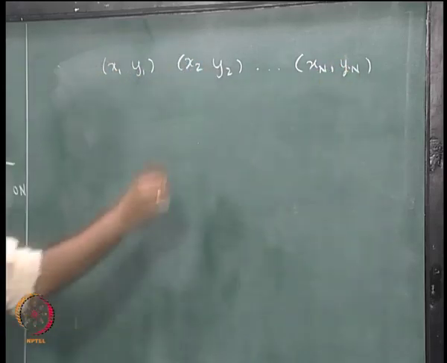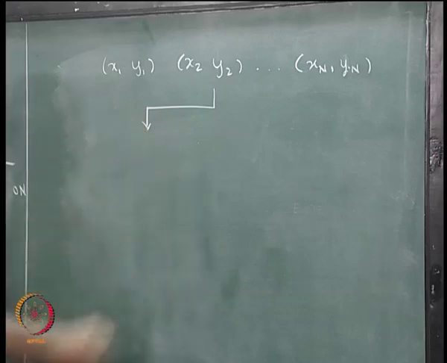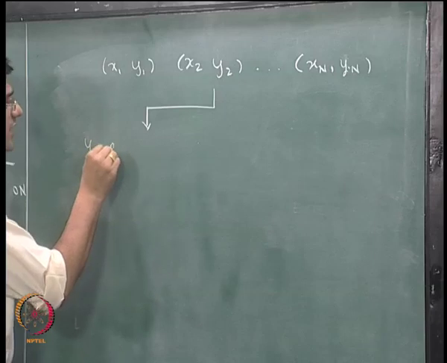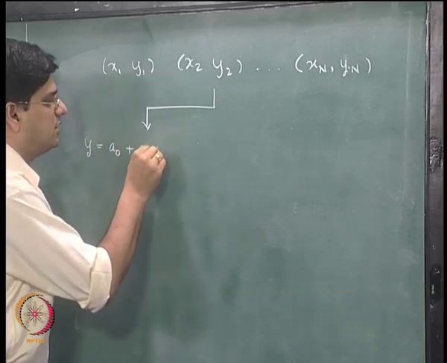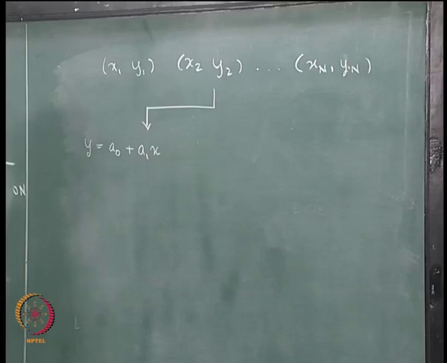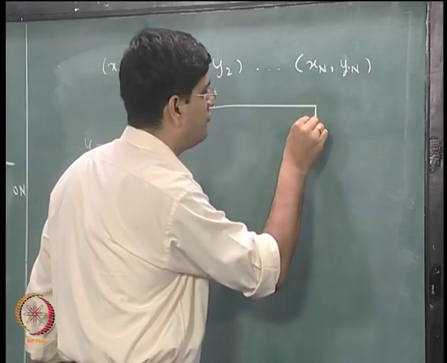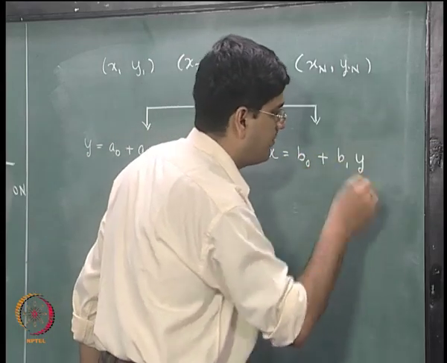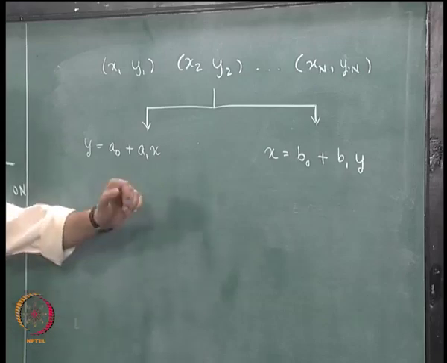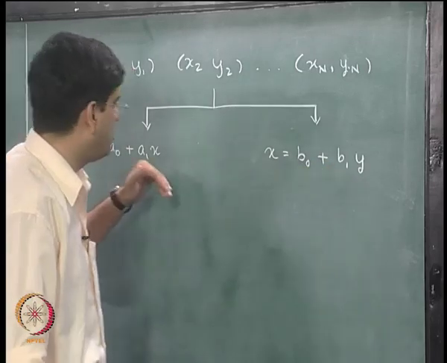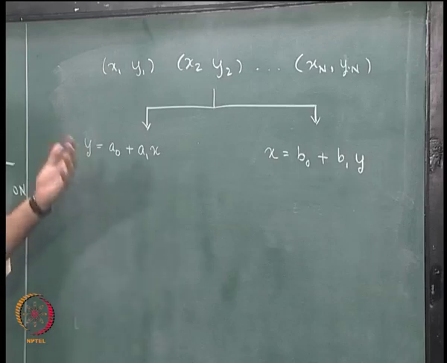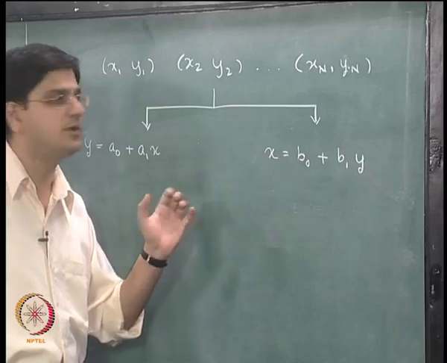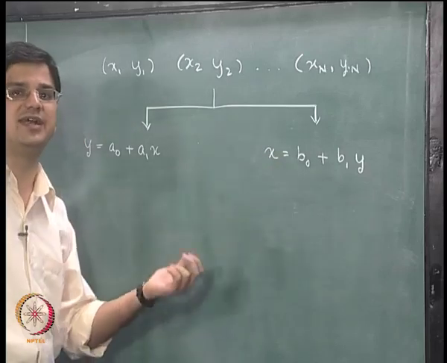Okay, what we have seen so far is we tried to fit a linear functional form y equal to a0 plus a1x. The other possibility is to fit the form x equal to b0 plus b1y. The question that one would ask is, since both forms are linear, they ought to be equivalent. So the question is whether a linear regression technique of this form is going to give us the same straight line or not.